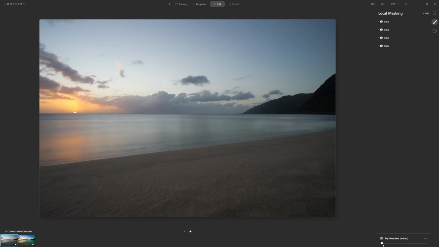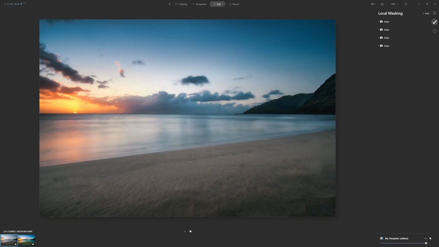But this is our original kind of washed out version. And if I crank it all the way to 100, this is our more saturated, perhaps a little too contrasty version. But we might say, you know what, I like what I've done, but I don't like it at 100%. And you can start easing it back to a place where you feel happy with that edit. So I'm probably sat somewhere around that 55-60% mark. So if we turn this off and we turn it on, that's a more subtle edit,